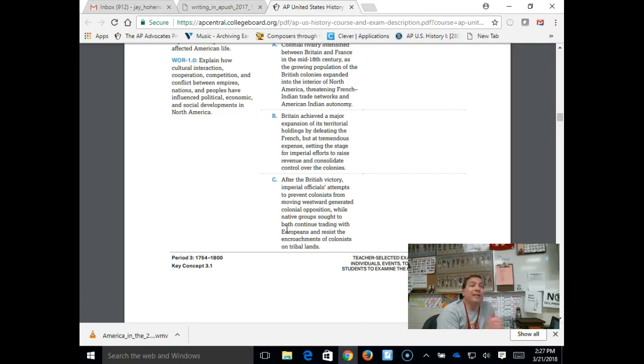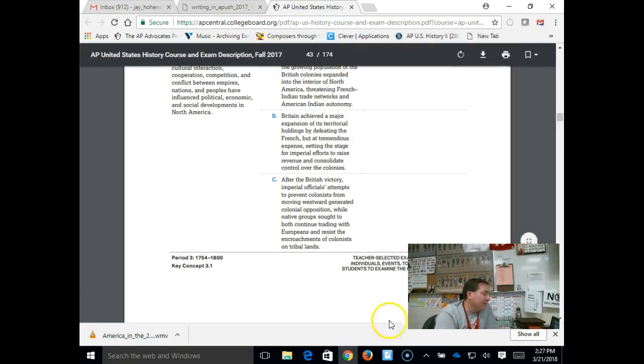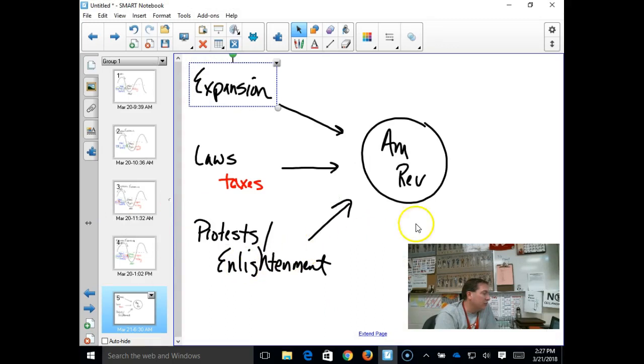So we've now seen an end of salutary neglect, a reemergence of mercantilism and dominance economically, a prohibition of land expansion, all of which could be foundational things in your DBQ about why the colonists are becoming more independent, because they're becoming more angry about specific things that the king is doing. When you look at this page, then, this is easily something you could turn into a cause and effect essay.